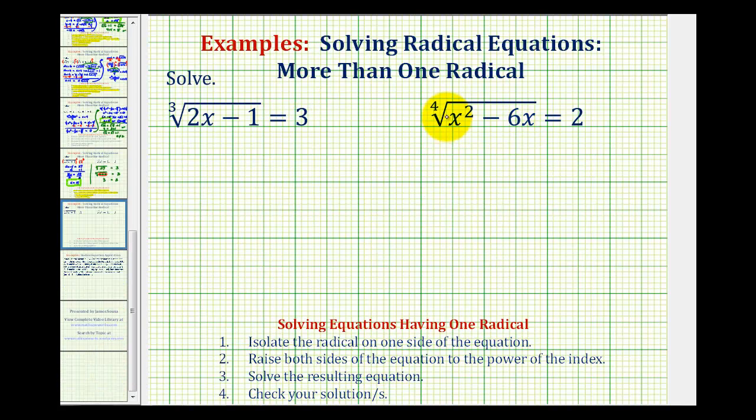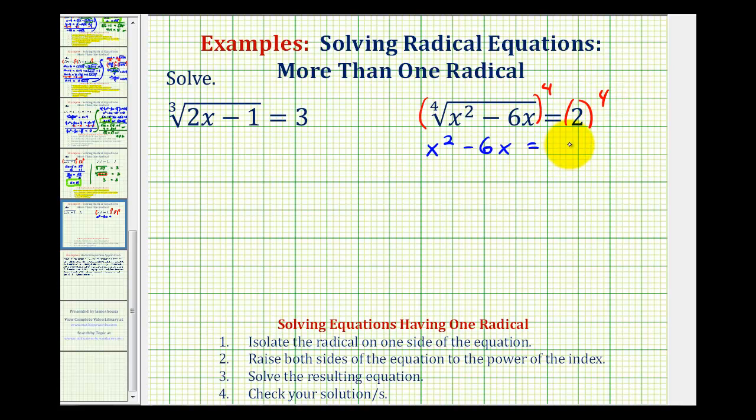We have the fourth root of the quantity x squared minus 6x equals 2. Again, notice how the radical is isolated on the left side of the equation. So now we're going to raise both sides of the equation to the power of the index. And since we have a fourth root, we're going to raise both sides of the equation to the power of 4. So on the left side, this simplifies perfectly to the radicand of x squared minus 6x. And on the right side, 2 to the fourth would be 2 times 2 times 2 times 2, which is